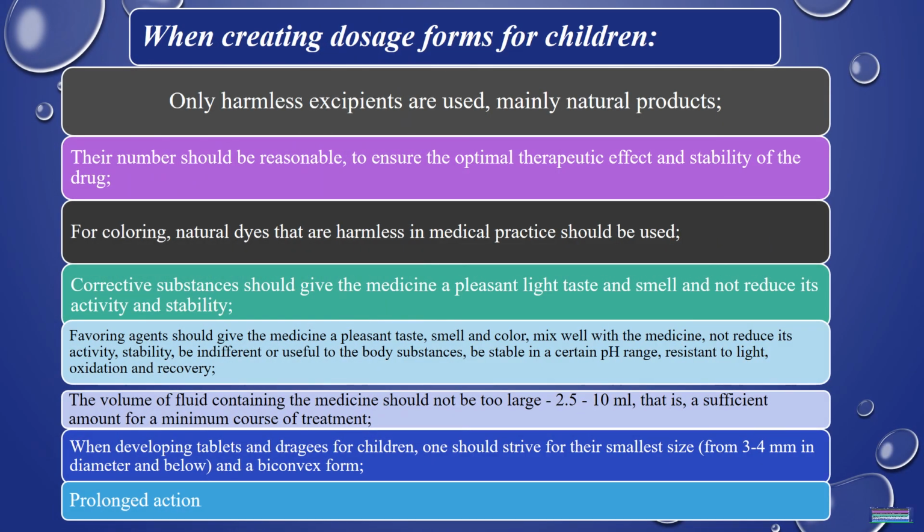Which factors must we consider when creating dosage forms for children? At first, only harmless excipients must be used, mainly natural products. Their number should be reasonable to ensure the optimal therapeutic effect and stability of the drug. For coloring, natural dyes that are harmless in medical practice should be used. Flavoring agents should give the medicine a pleasant taste, smell, and color, mix well with the medicine, not reduce its activity and stability, be indifferent or useful to the body, be stable in a certain pH range, resistant to light,